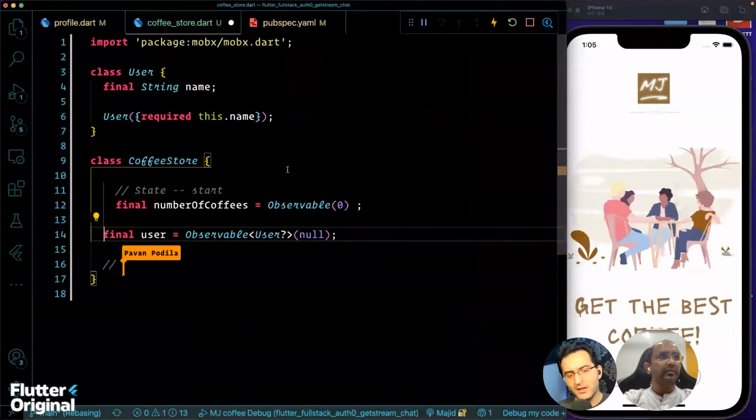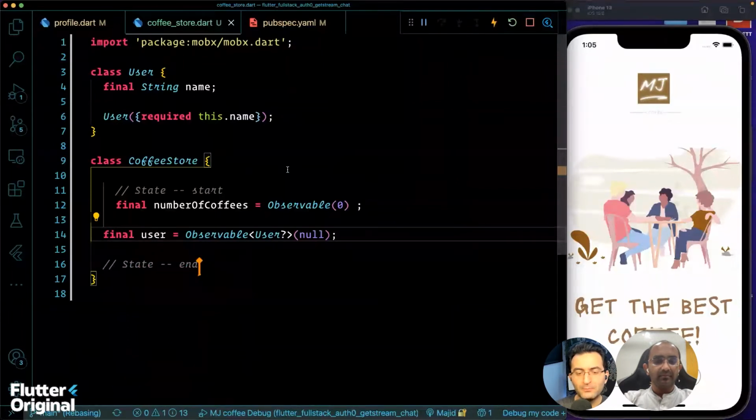But then here I have another question. We have a coffee store, that means we are holding everything into one store, all the states across the app. Can I have a store per each screen as well? For example, if I have some kind of state that is shared across 3 widgets, I don't want to create it in the global store. Can I do that as well? Absolutely, you can create several. Normally what you would do is you would have the root store, which contains all the